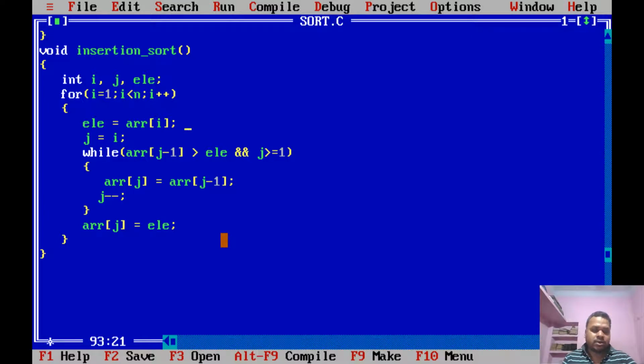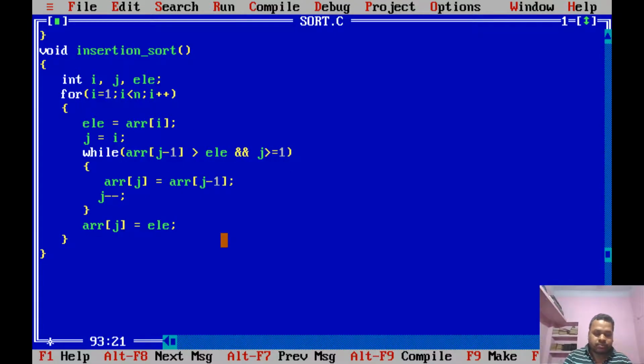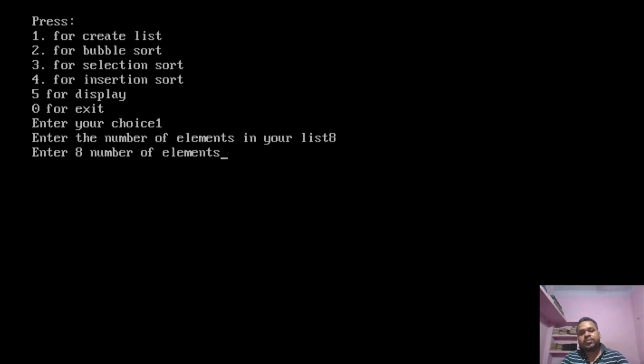Now let's run it to see how this program works. I'm compiling the program. It is compiled with no errors. I am running the program. First of all I have to create a list, so I press 1 and enter the number of elements. Here I am entering the number of elements, 8. So I need to give 8 elements: 2, 6, 8,